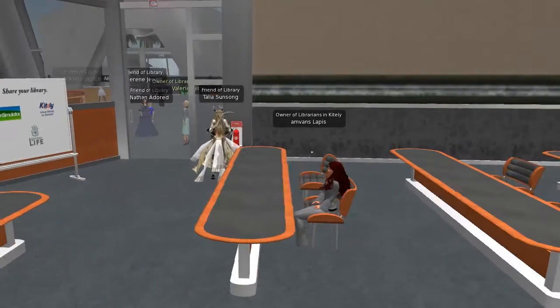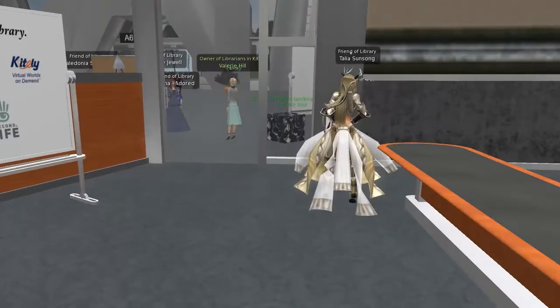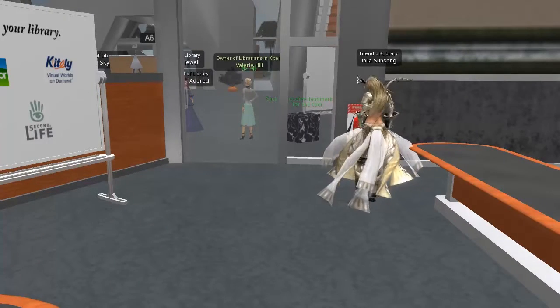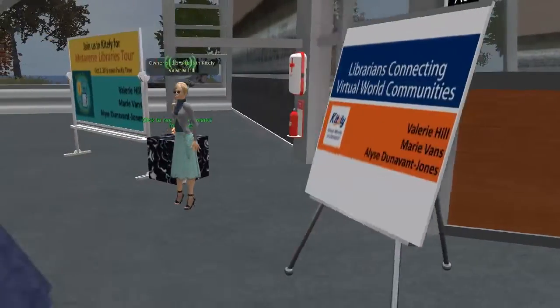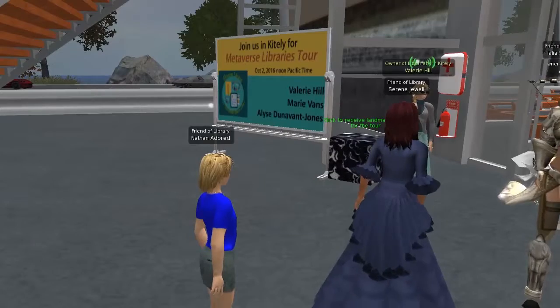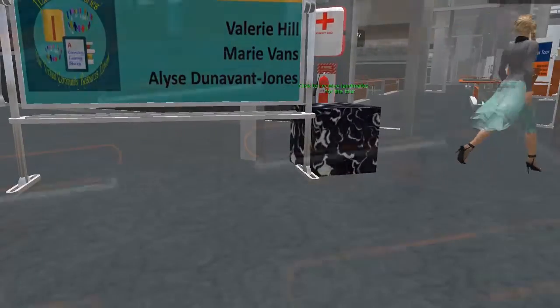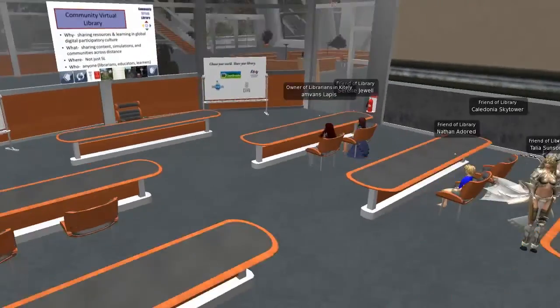Upstairs in this conference hall, there are avatars available, free clothing if you want to update your Kitely avatar. When people come into other virtual worlds like this, the first thing we feel is, oh dear, I don't look like myself. I have a different avatar. We want to personalize ourselves, so you can go upstairs and maybe get some freebies later on when you come back. Okay, I'm going to fly over here so I can get out of the way.